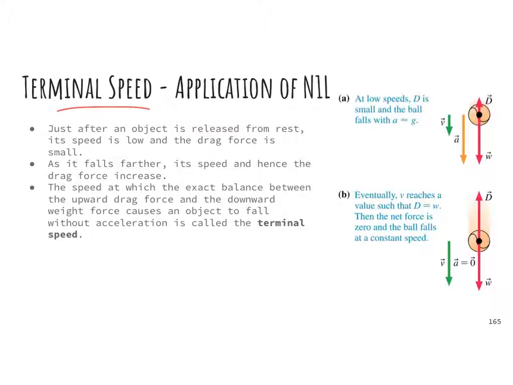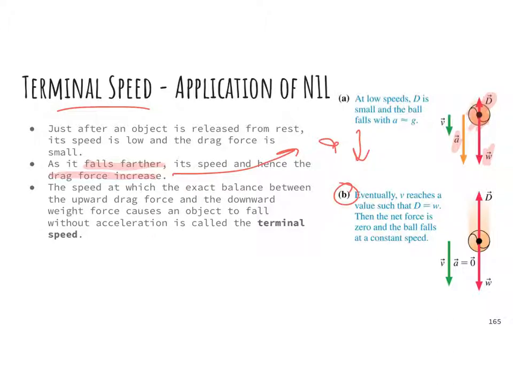Terminal speed is just an application of Newton's first law. We have an object, in this case it's like a basketball, and it's flying through the air. Now there's a weight force that's pulling it down. It's accelerating down. When it first starts accelerating down, it's accelerating at free fall. And then there's a drag force that's opposing that motion. Now, as it gets faster and faster, it encounters more and more drag. So the faster it falls, the more the drag force will increase. And it'll keep increasing, so that as the drag force increases, the acceleration will actually decrease,